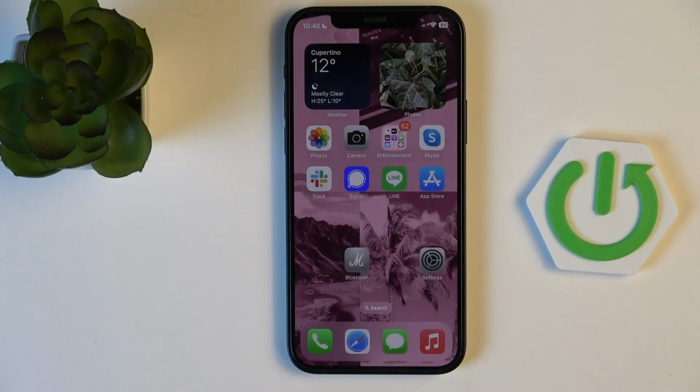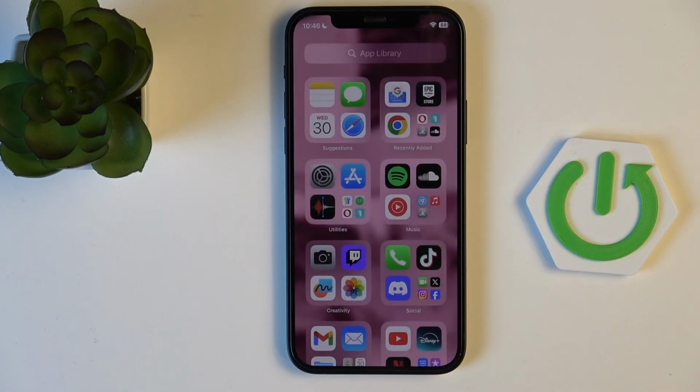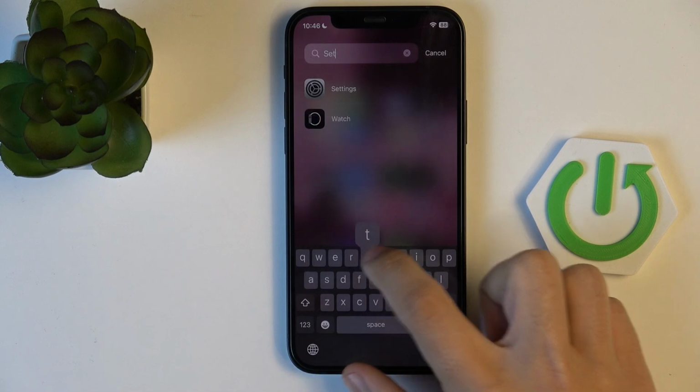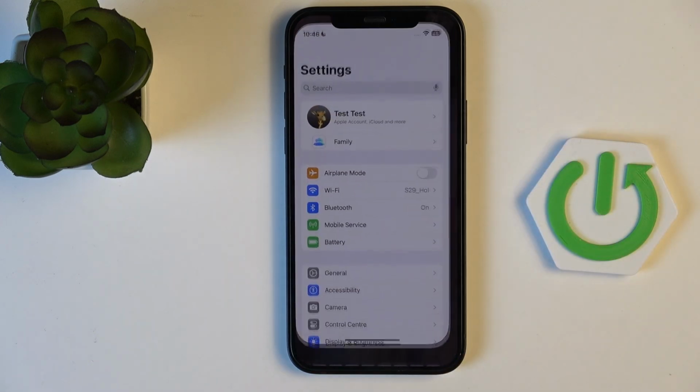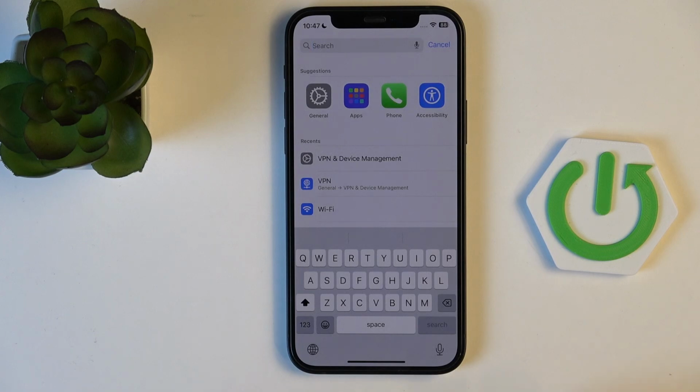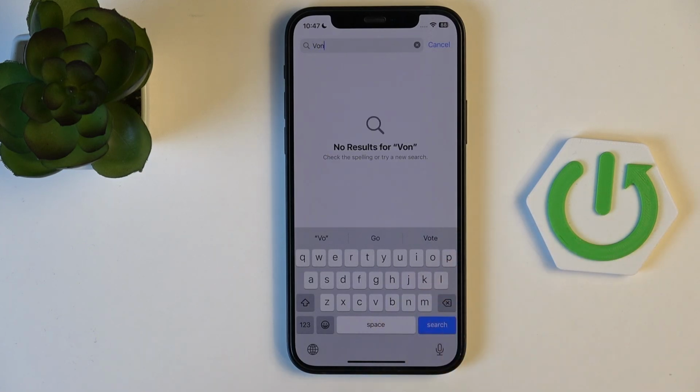First, what you need to do is go to your settings, which should be on your home screen, but if you can't find it here, all you need to do is go all the way to the right. Now click on App Library, right, Settings, open them, then click on the search bar, right, VPN,